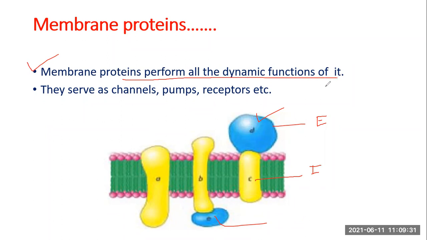Membrane के जितने function हैं, they will be carried out by the membrane proteins. And what are the functions of the membrane? The membrane proteins act as channels, they act as pumps, or they act as receptors. So all channels, all pumps, all types of receptors which are present on the biological membranes will be made of these proteins. So there is a good division of work. So membrane proteins will perform all the functions of the membranes, be it acting as the channels or working as pumps or serving as receptors.